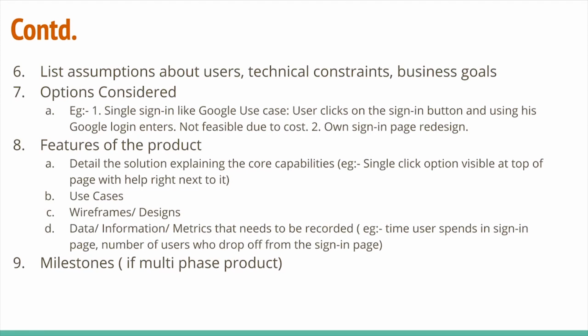Or it could be something different, like the first phase could be a minimum viable product. The second phase could be based on the outcome of the first phase, which is the MVP, adding the other features that you plan to do but wanted to wait for the MVP's data.